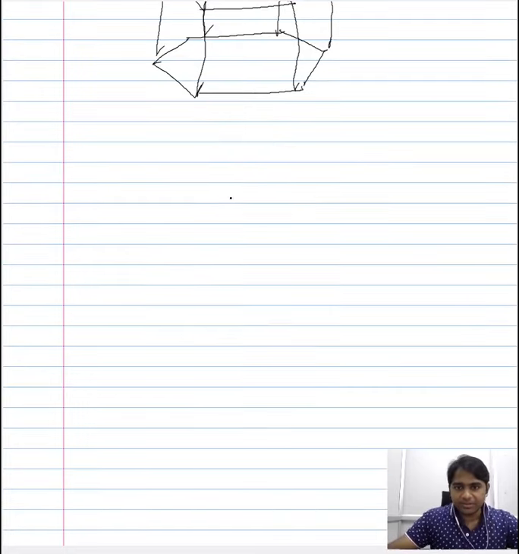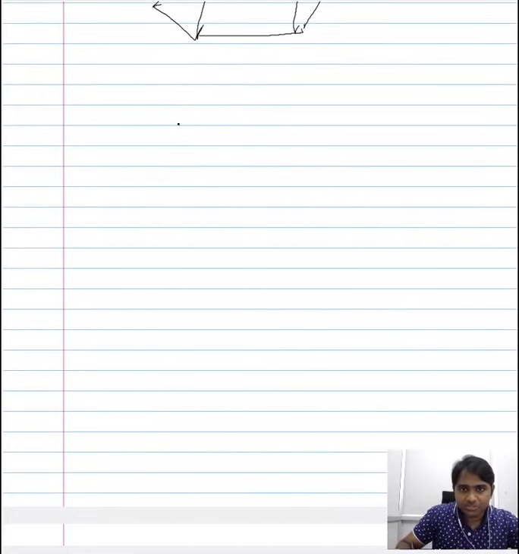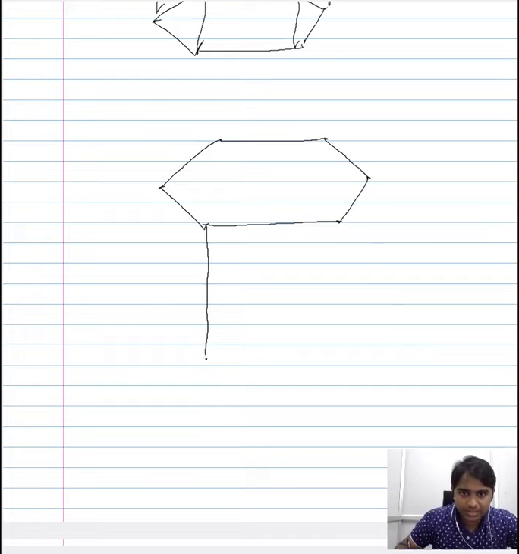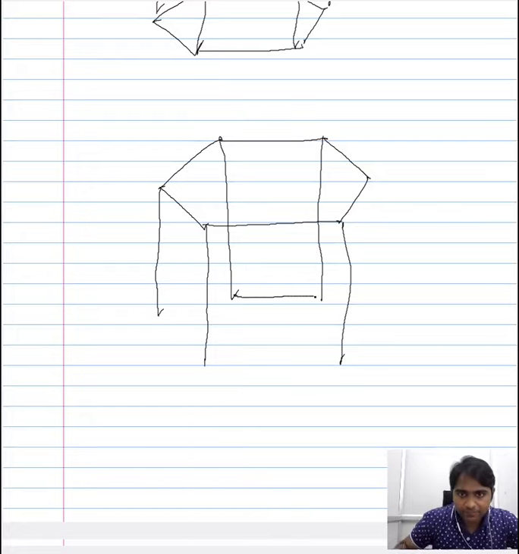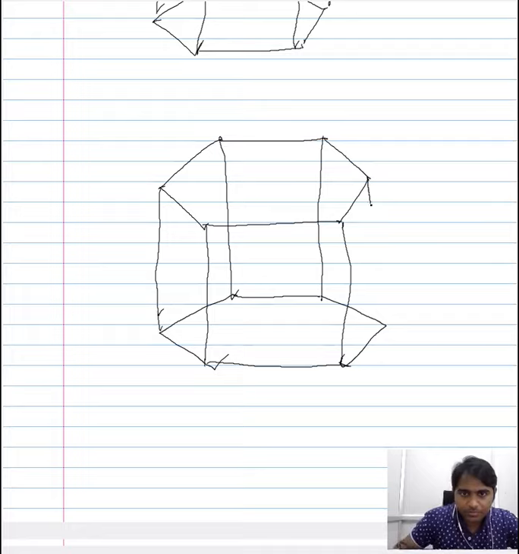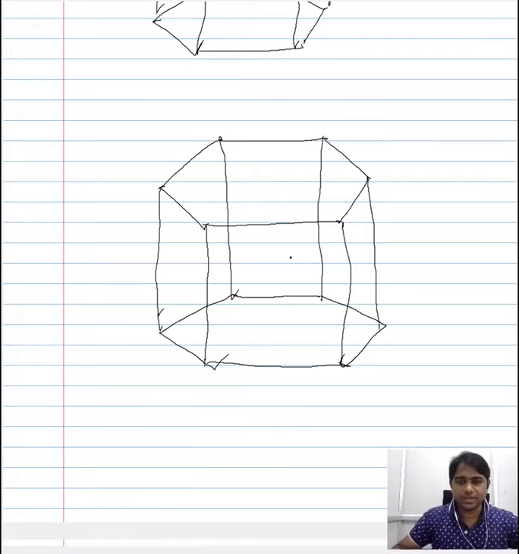So now let me try to make it as legible as possible. This should be rather larger, this would be smaller, this should be rather larger, and this should be smaller, and this should be somewhere in between. So you have this, and you have this. Okay. So we have some sort of a regular hexagon.